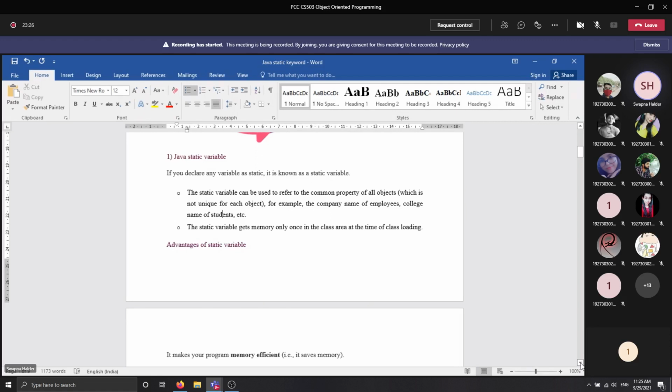Just think about the example. You are all 63 students in your class. Whenever you took admission at NSHM Knowledge Campus, at that time all the required information of all of you was stored in the database.